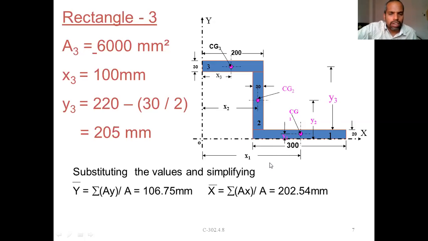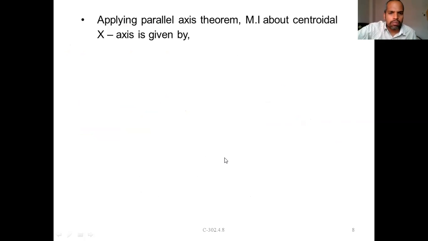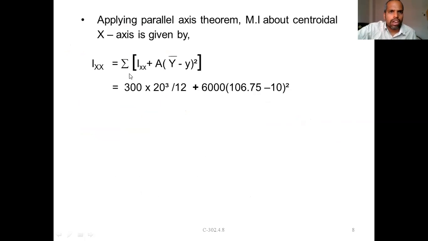of course that is not required for the calculation of this problem, just for reference. Now let us calculate the moment of inertia. So how to calculate the moment of inertia? Applying the parallel axis theorem, the moment of inertia about the centroidal x-axis is given by, you already know that formula, using the parallel axis theorem, Ixx is equal to the summation of Ixx plus A y bar square. And